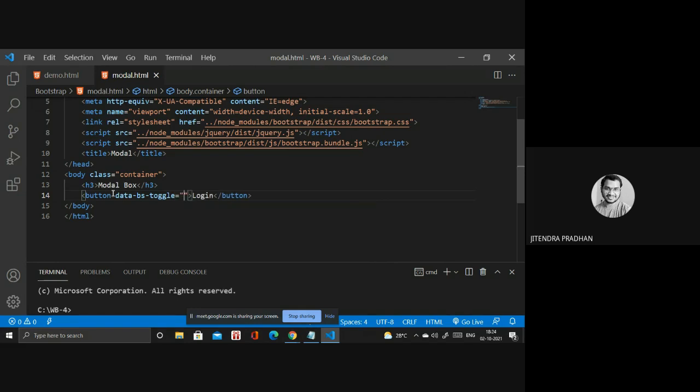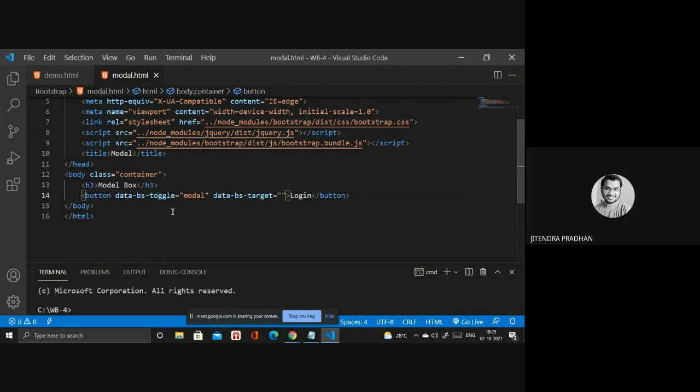When you click the login button, it will target a particular page or particular form. So we are giving what will be toggled. It will toggle the modal, so we are writing modal. Next we have to set the target, data-bs-target. Inside you have to give the particular ID name. Means when I click the login button, the particular ID we are mentioning is the one we want to target. We are creating a div inside. We have a lot more to cover. I will show you one by one.